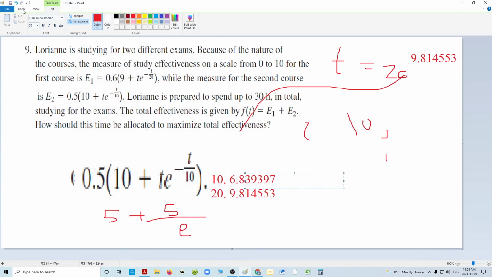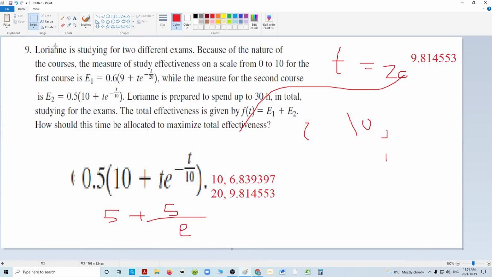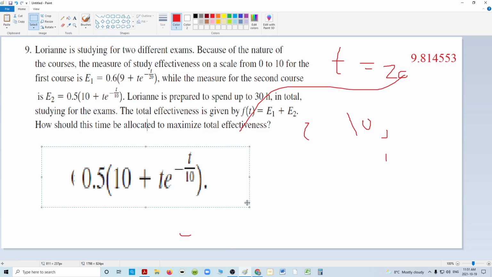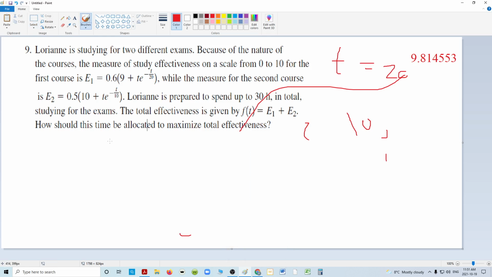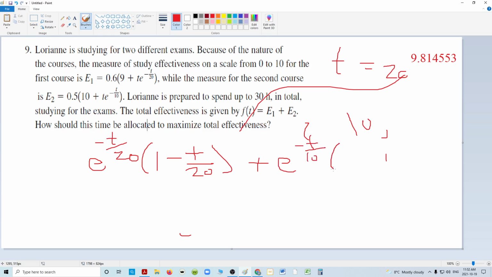And I wish I'd kept the derivatives around. You'd have to add their derivatives, and I believe it was 0.6. Oh, I can't even remember the derivative. But it had e to the minus t over 20 out here, and it had 1. Did it have 1 minus t over 20? And then you'd have to add the other one. And because they're not the same exponents, I think it was like that, wasn't it? But there was a multiplier out here too, wasn't it? It was a